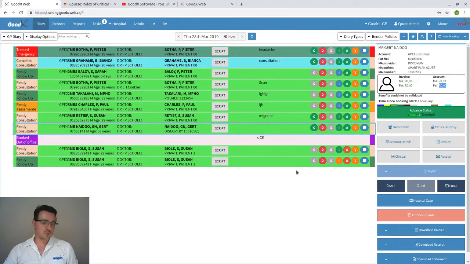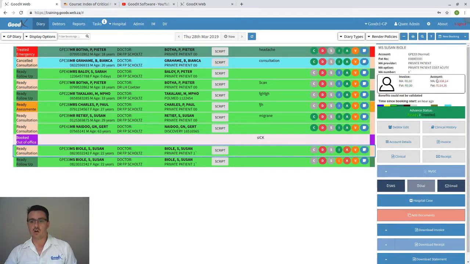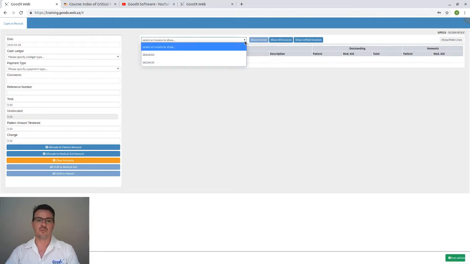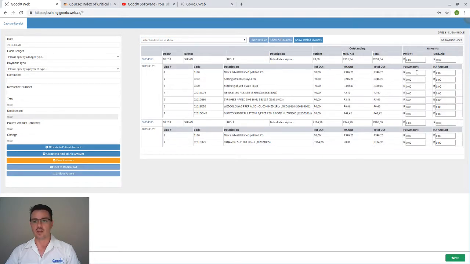So at any stage when I do this receipt, let's look at Susan now. She owes me 114.36. So the moment I click on that receipt, it does not give me any information. It's blank. The reason for it is that the 116 is an outstanding invoice of a previous visit. So if I click here on show all invoices, it will show me anything that has happened before. There I can see an outstanding amount of 991, but that's on the medical aid side, so the patient is not paying for that. And then I look here, there's Susan again for the 26th of March, and that invoice is outstanding on the patient side